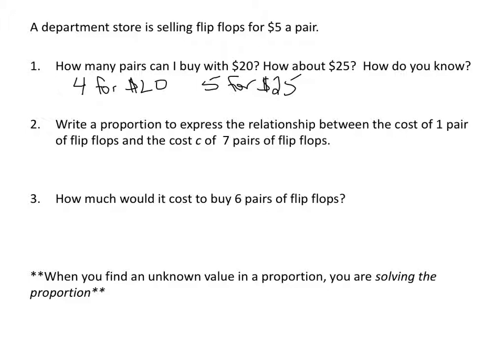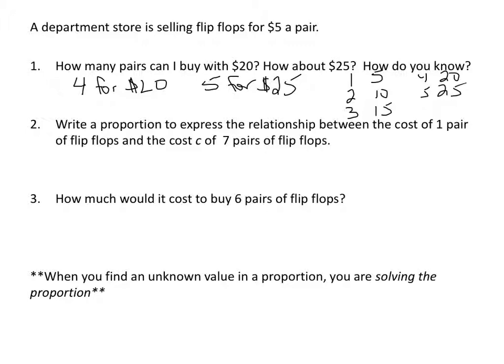You might have made a table where it was 1 pair for $5, 2 pairs for $10, 3 pairs for $15, 4 for $20, 5 for $25. Or you might have said that you could do $20 divided by 5 and $25 divided by 5 and find an answer that way. However, as number 2 states, we can also write a proportion to express the relationship between